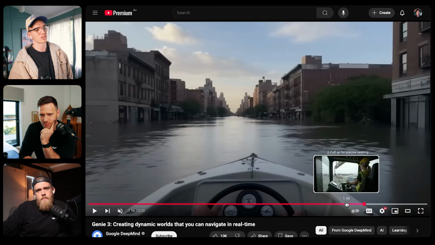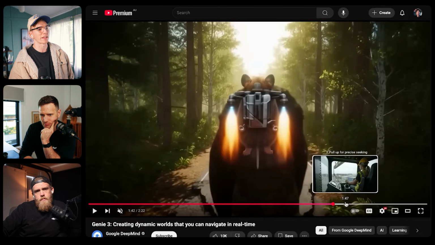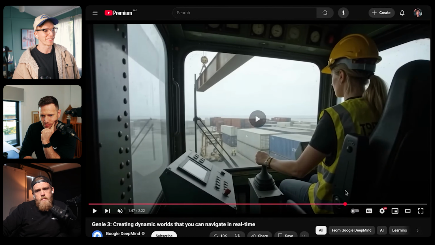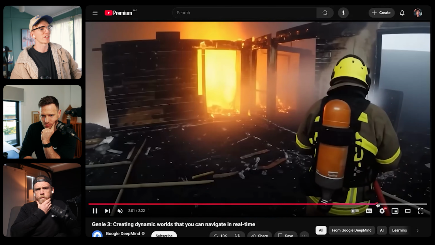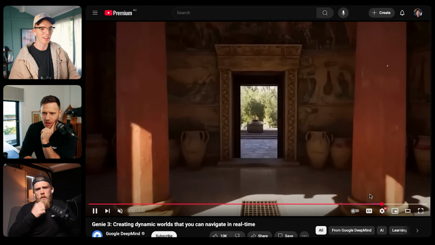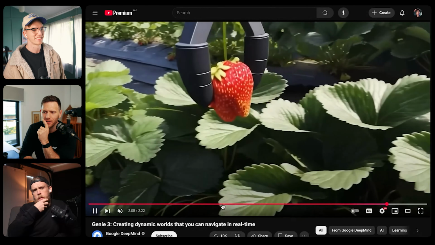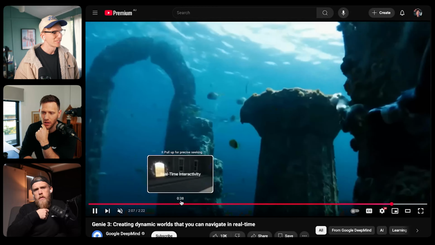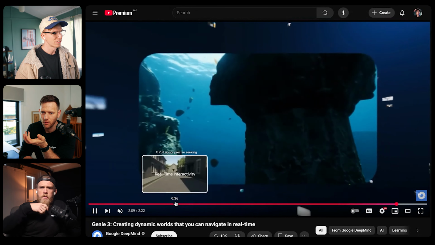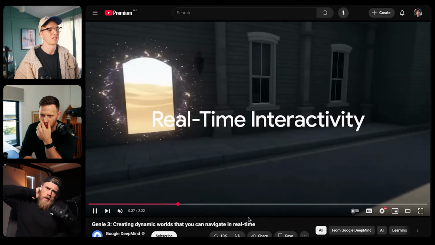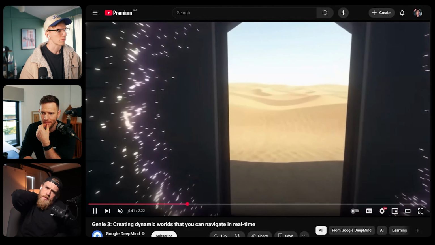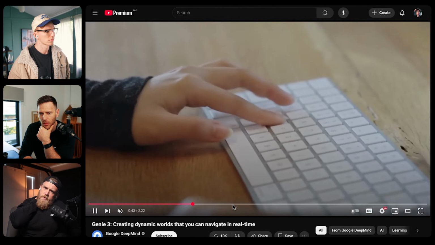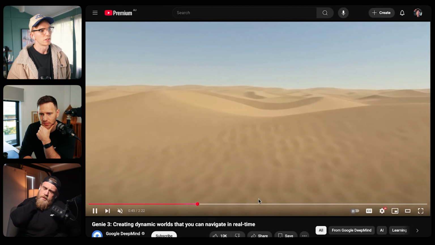I think so far, I'm most impressed by the taste. We've been talking about that. These generations, the creative looking stuff, has the most "oh, I like that." I will play a game that looks like that. I reckon all the shots look like Unreal 5 or something. So it still looks like a close game. Yes. I really like, they said something about physical simulation, well, they didn't say physical simulation, but